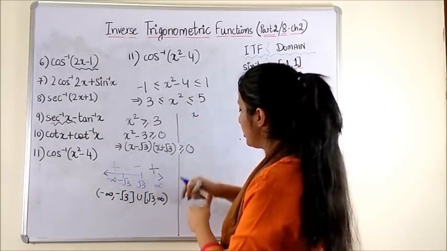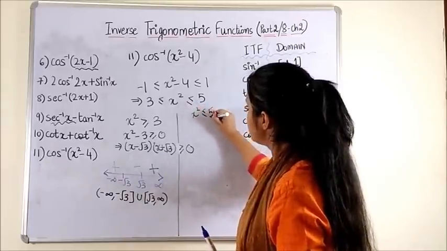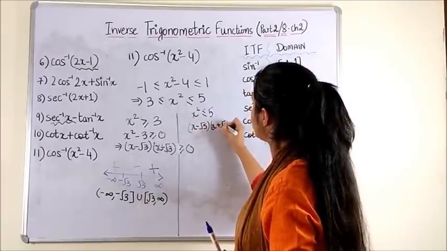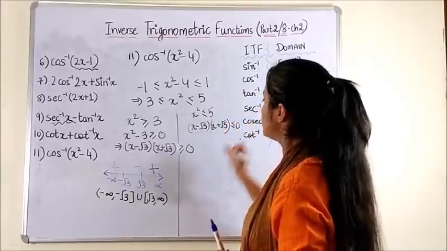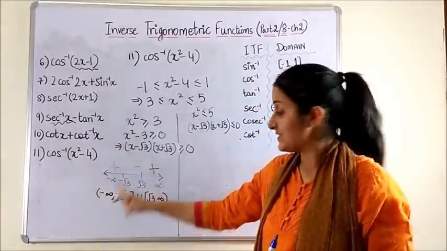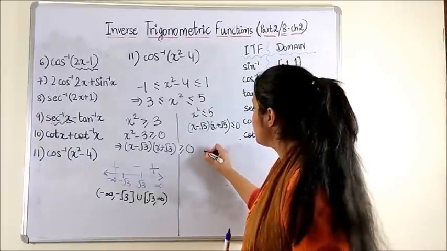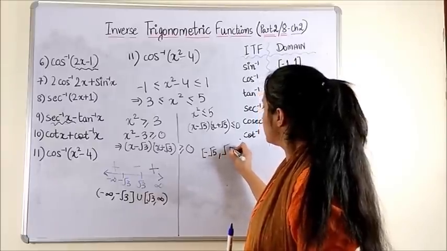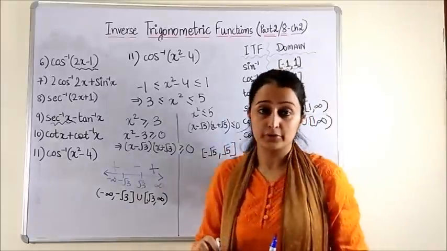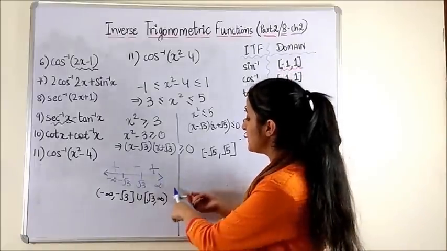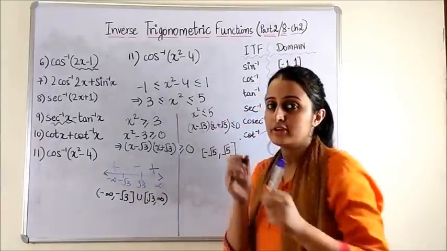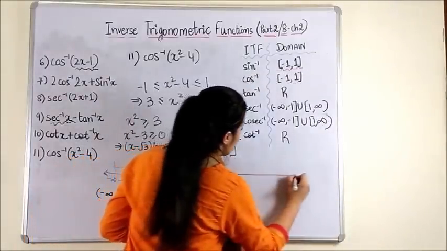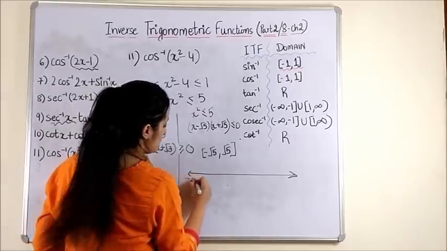Here we have x squared is less than or equal to 5, which again gives us x minus root 5 into x plus root 5 is less than or equal to 0. Going by the same logic as in this part, you end up getting, this time, the domain to be minus root 5 to root 5. Now, you have to take the intersection for these two to give your final domain. How do we do that? Using a number line, it is very simple. If you see,